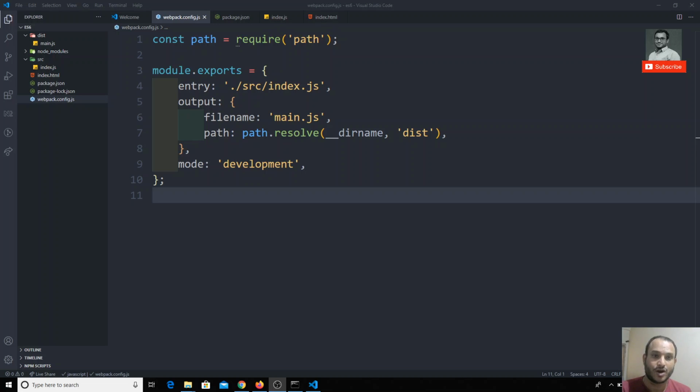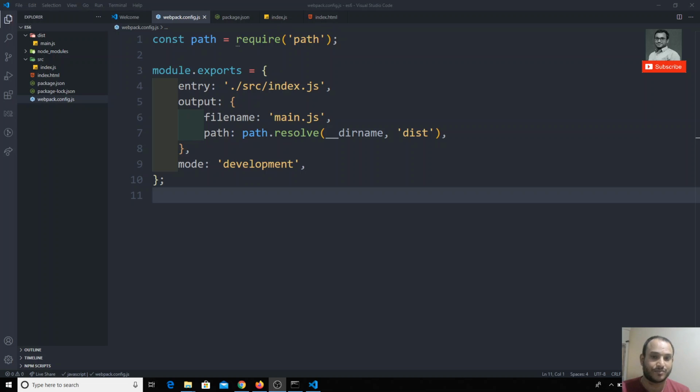For example, if you are writing ES6 code in your project, in previous videos we have seen that ES6 code should be converted into ES5 code so that it can be understood by all the browsers. For that we have used the Babel compiler. But here, in the Webpack configuration, we have seen only that we are converting that one.